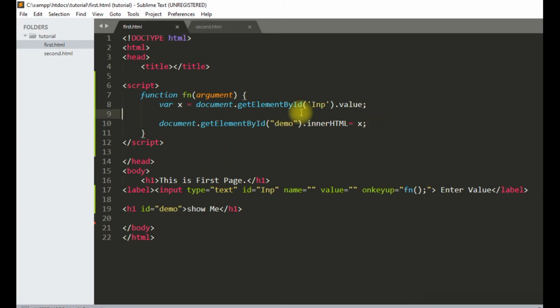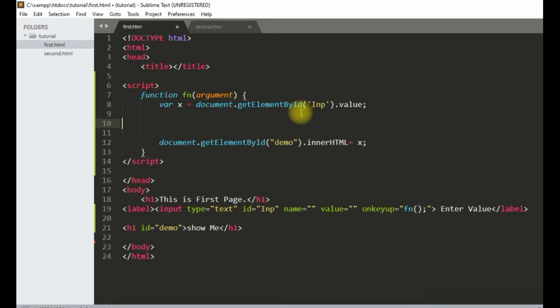Now we will put one condition here. If say x is equal to 5, then do certain activity.